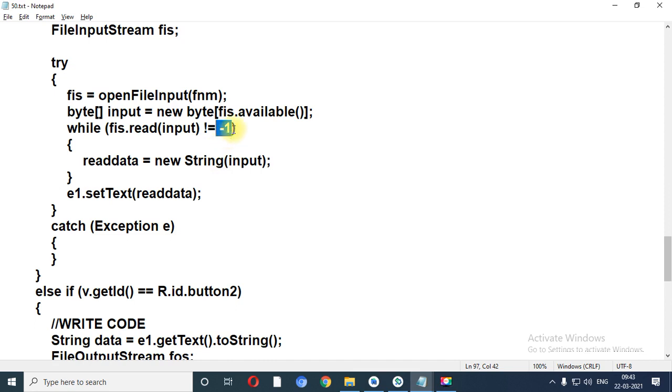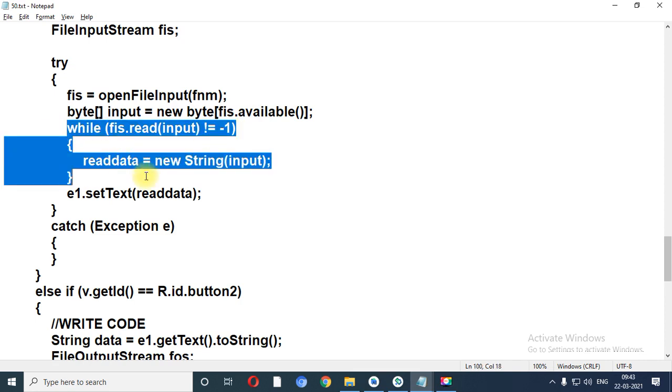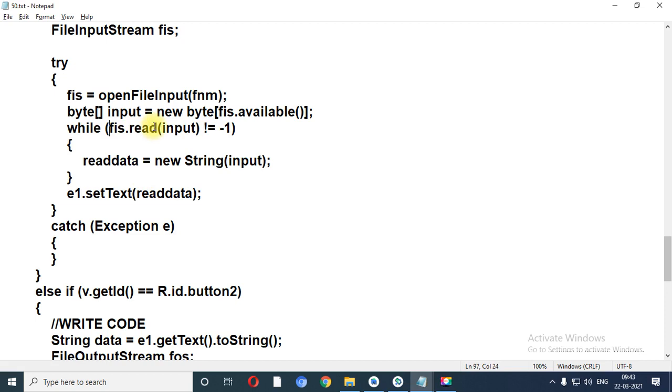That means your file is empty or your cursor is at the end of file. These two are the possibilities when FIS.read of input will return -1. Number 1, if there is no data in the file. Number 2, if your cursor is at the end of file. At that time it will return -1.